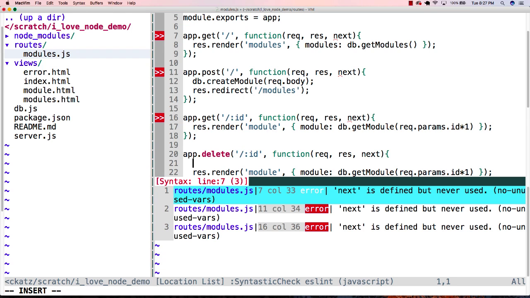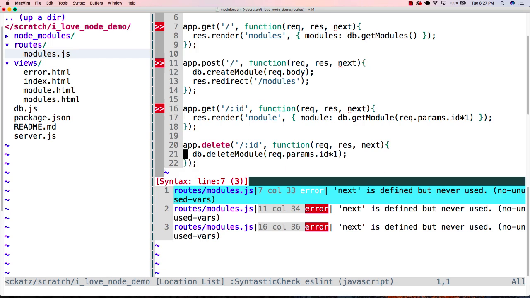And I'm going to tell my DB to delete module. I'm going to have that same ID problem, request params ID. It's got to be an integer or else it won't delete it. And again, very similar to when you end up inserting something, I'm going to say response. By the way, if I deleted my module, there's nothing to see on this page anymore. So I'm going to say response redirect, and I'm going to redirect back to modules. If this works,